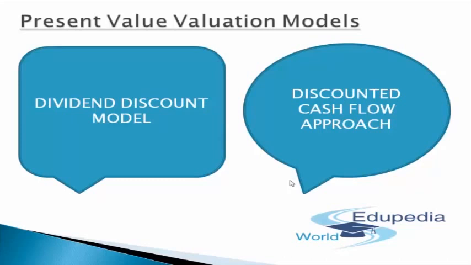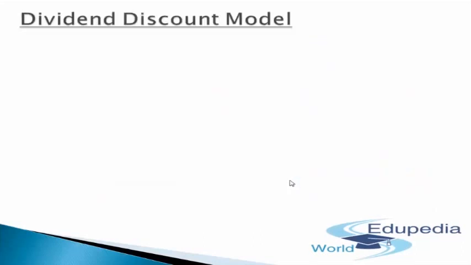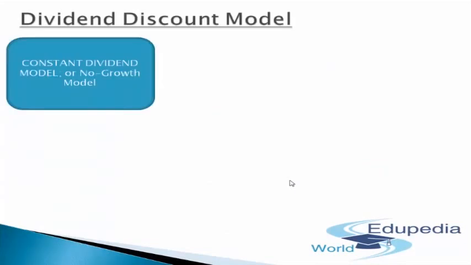So let's start with the dividend discount model first and understand its basic intricacies and nuances as to how to move forward in this particular case. First of all, the dividend discount model. It basically takes the perspective of any shareholder who buys and holds the shares. So what should be the cash flows for him or her? It's simple. The cash flows he or she receives at any point of time are, one, the dividends which are paid on it, and second, the market price of the share at that point.